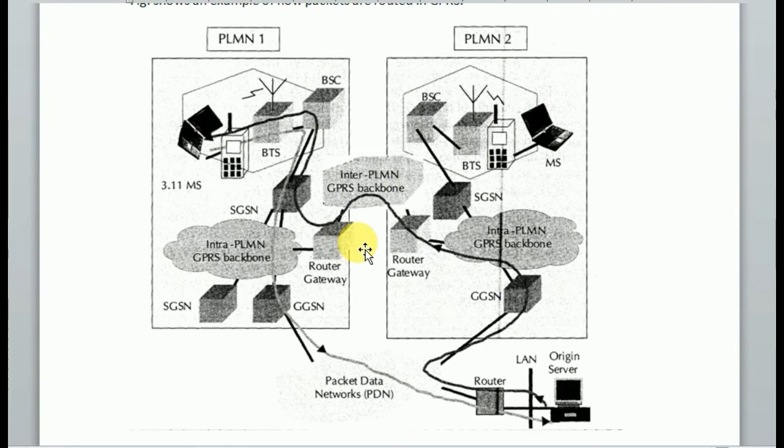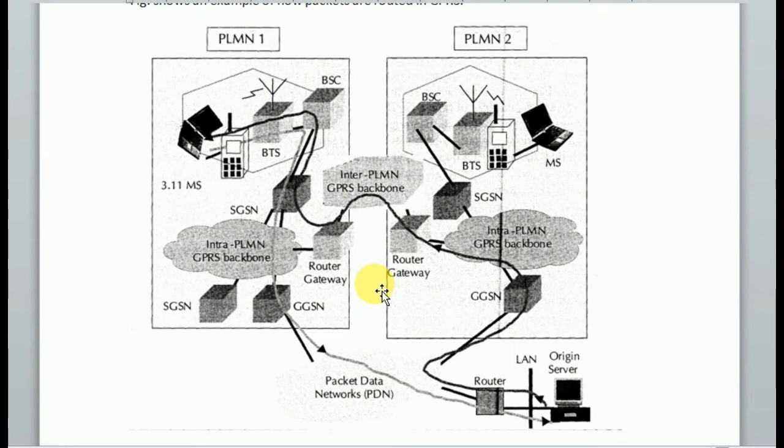An inter-PLMN backbone network connects GSNs of different PLMNs and operators. So here the inter-PLMN GPRS backbone connects PLMN1 and PLMN2, and the intra-PLMN GPRS backbone connects the GSNs of the same PLMN. We assume that the packet data network is an IP network.